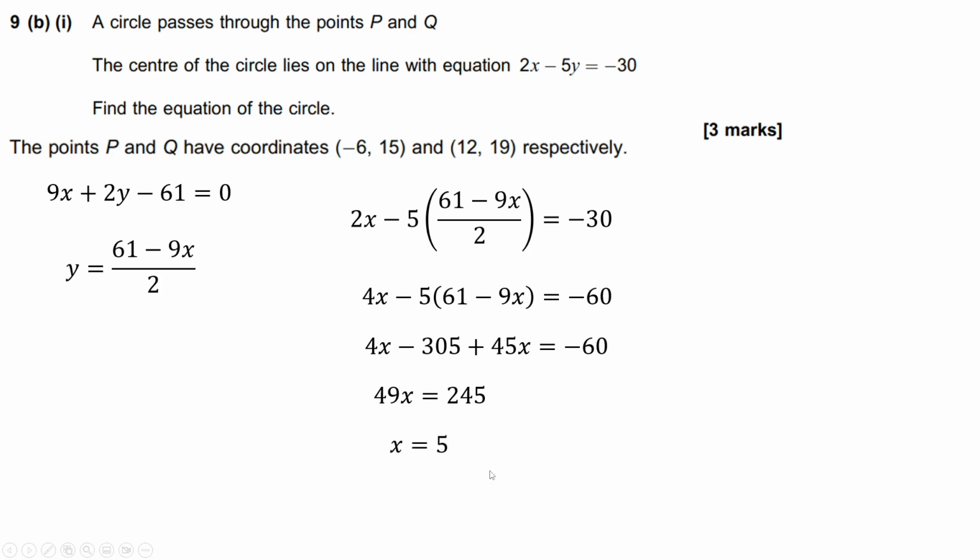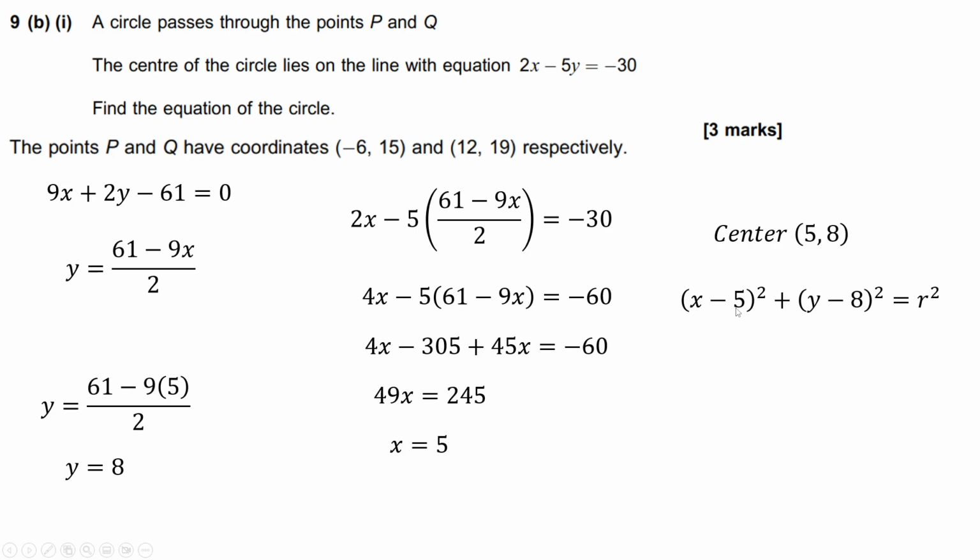You'll get x equals 5 for the center, and then if you plug that into any one, you'll get y equals 8 for the y coordinate of the center. So the center is (5, 8). This tells us that the general equation of the circle is going to be like this, where a and b, or in this case 5 and 8, is the center. And so if this is the center and P and Q both lie on the circle, then we can